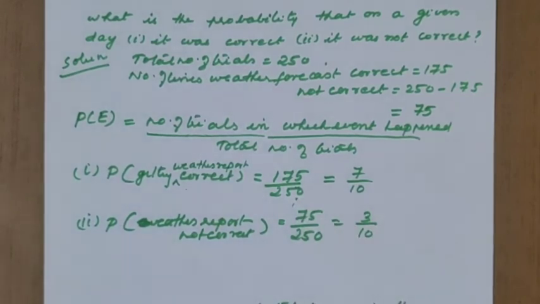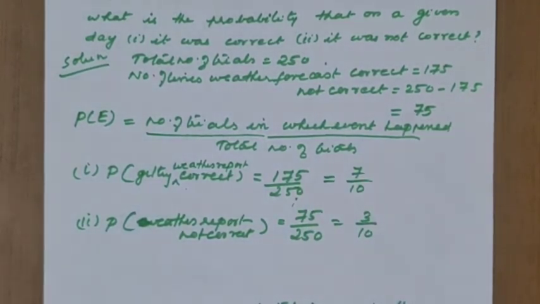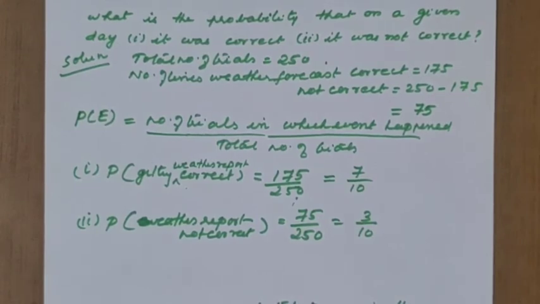Equal to 175 by 250 and 75 by 250. I would just want to tell you that when sub questions are there, the formula is to be written on the top, and then you can directly do the value substitution in that. There is no need of writing the formula again and again for each sub question. So it is the experimental probability, it is easy, just to find out the frequency and the total number